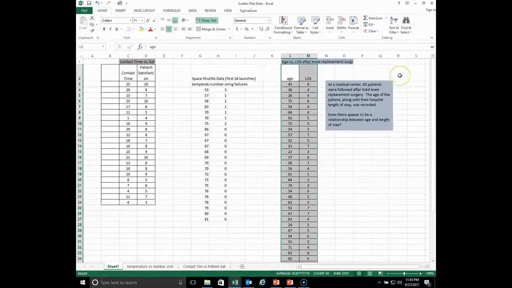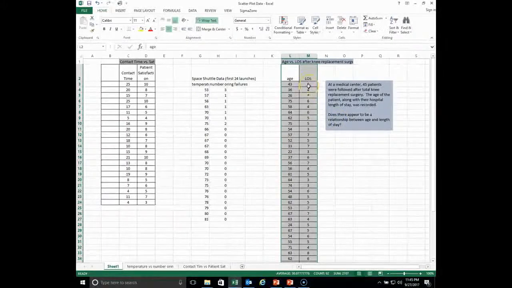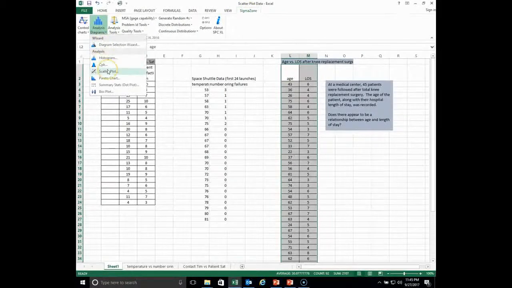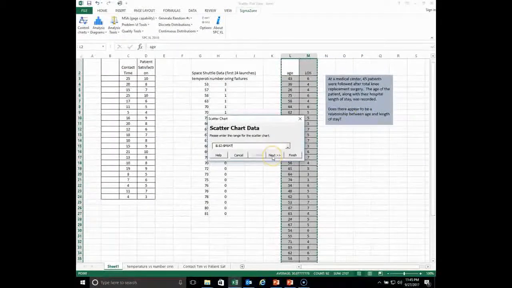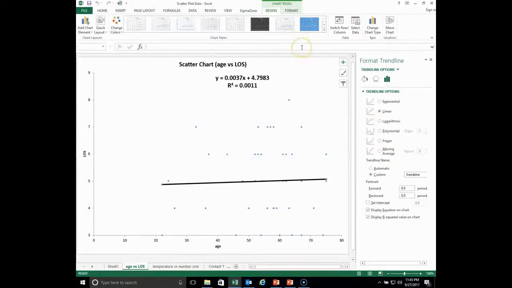There were 45 patients who were followed after their knee replacement surgery, and the length of stay was recorded along with their age. And we come up here, highlight the data, go to analysis diagrams. This is easy getting scatter plots. Just click on next, and here's our scatter plot. Now the R squared here is quite abysmal. Abysmally bad, that is,